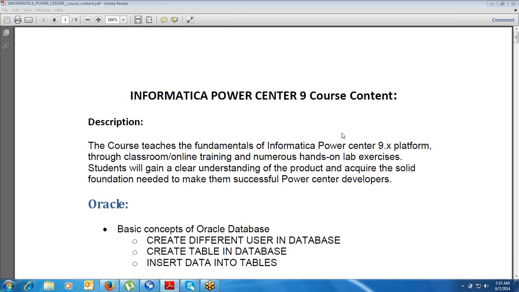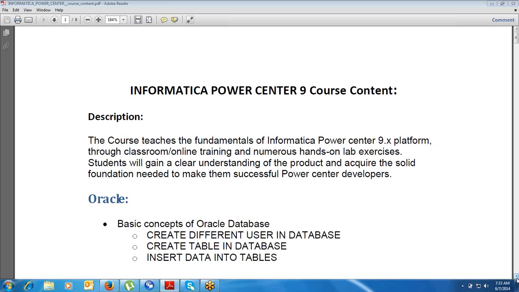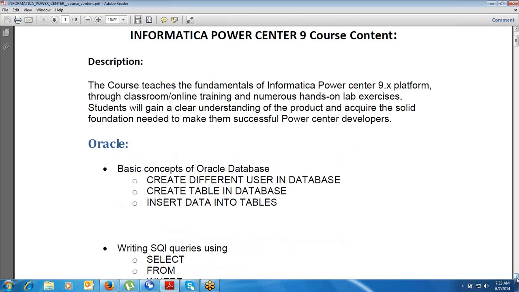And we'll just have some simple queries where you will learn how to create a table, how to insert data into the table, and the basic knowledge that is required before starting with Informatica. So we'll learn these basic SQL queries, select queries, the order by clause, and subqueries where we will learn the inner joins. And there are some join queries also.